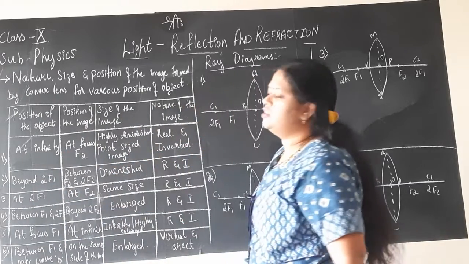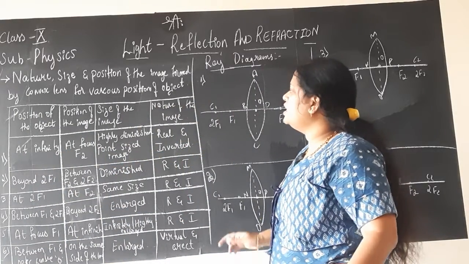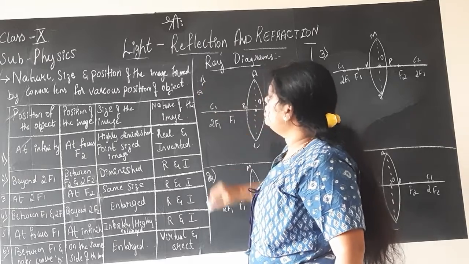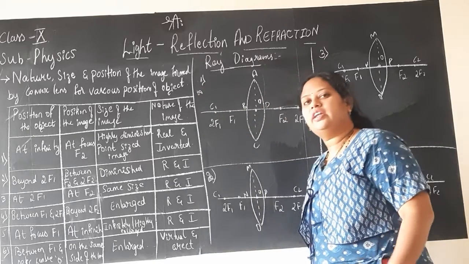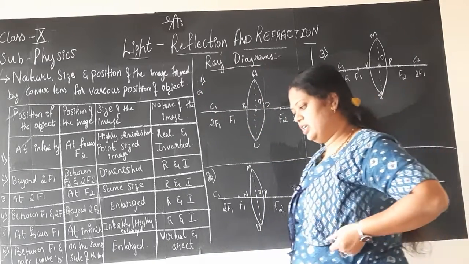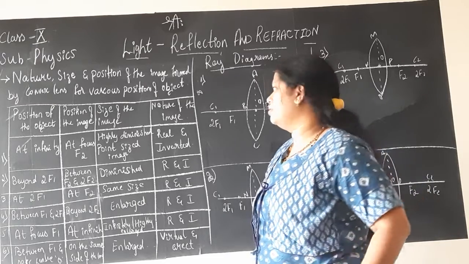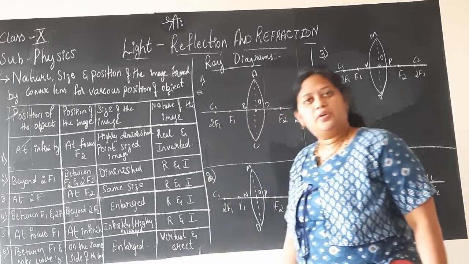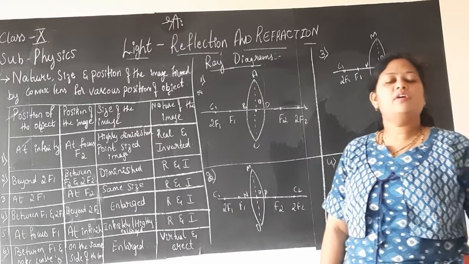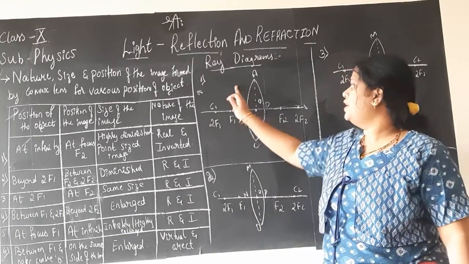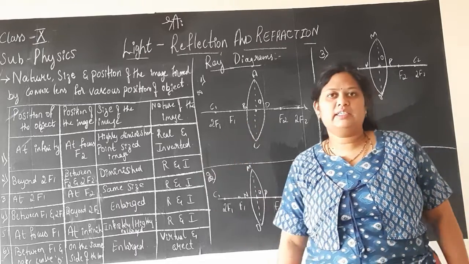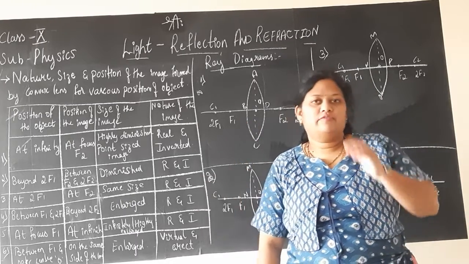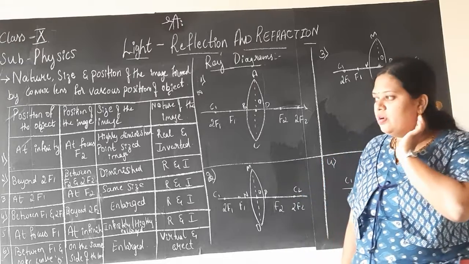First, what is the position of the object in the first case? At infinity. Children, the light is coming from some infinite distance. The best example is the light coming from the sun, which is the main source of light. And as I already said, a minimum of 2 rays of light you need to show in all the cases to say that the image of the object is formed. Okay, minimum of 2 rays.